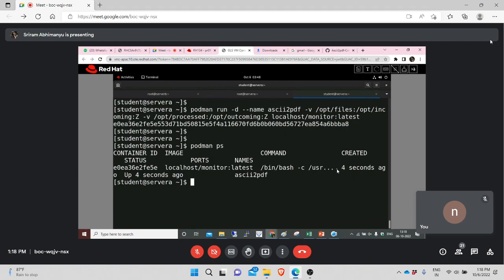So up to this the container is correct. Actually this is for the normal container, but our job is to run the container with the system service. So for the system service I'm taking